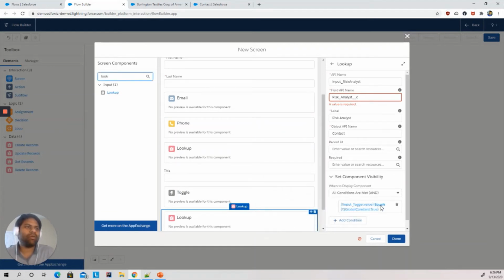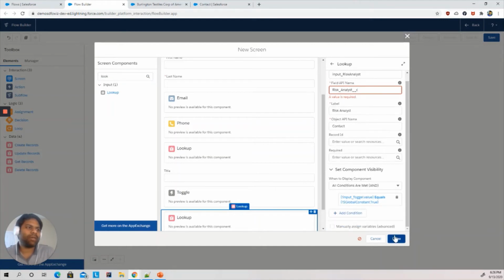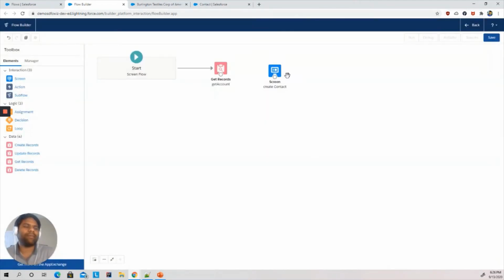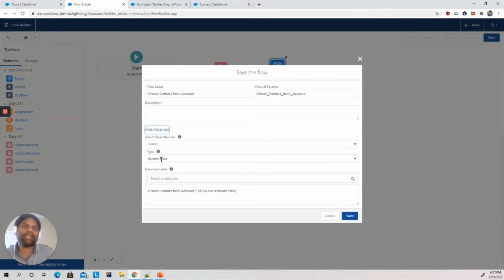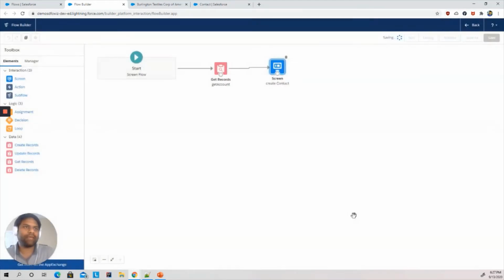So then click on OK, and we'll click on done. Okay, now we have the screen here as create contact. I'm going to link these two and click on save. We'll give the name as create contact from account, and this is going to be a screen flow for us. We don't need to make any changes for this requirement. I'm just going to save,